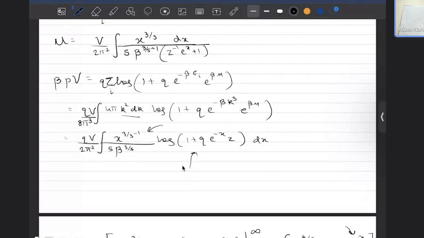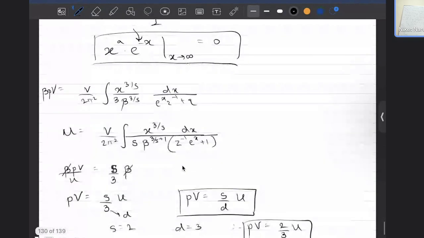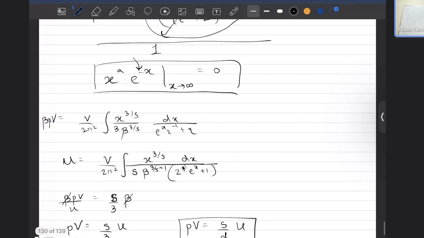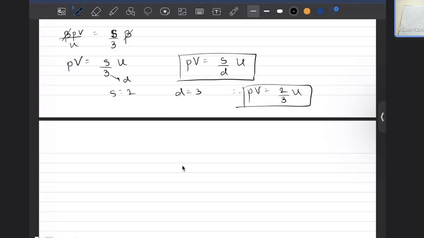Because we're talking particularly about zero temperature. We did not talk about low temperatures or something. We're talking about zero temperature exactly. So when T is equal to zero, we have beta is equal to what? Beta is tending to infinity, right? Beta tends to infinity. So in that case,